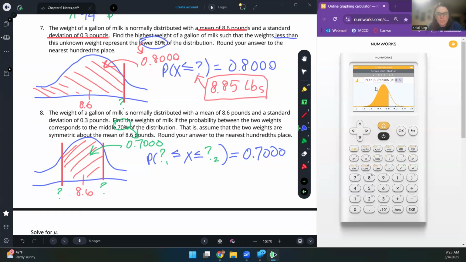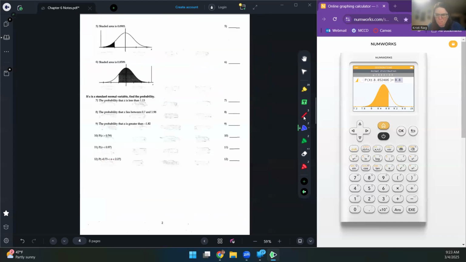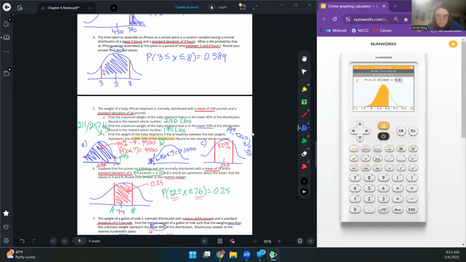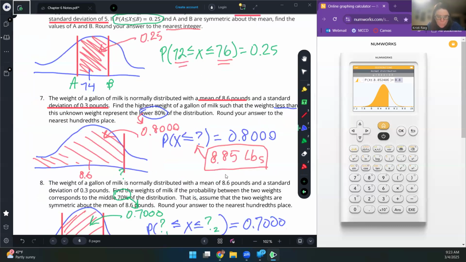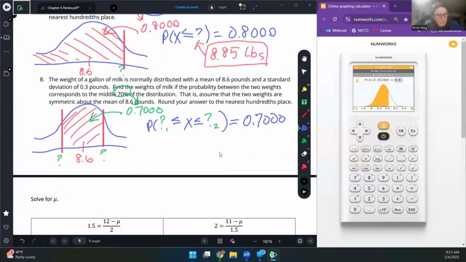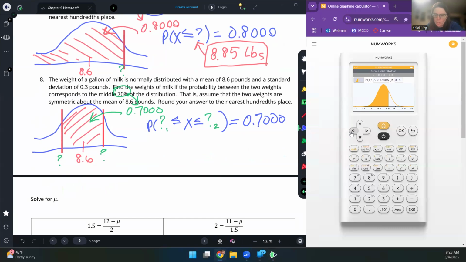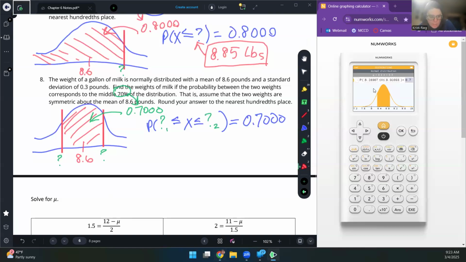Now I don't want less than. I don't want to just jump to some random page either. Okay, I don't want less than. I want in between. So I go over to in between. I don't care. That's what I'm trying to find. I'm going to go over to the last value. Type in 0.7000. And I see my two mystery values are,